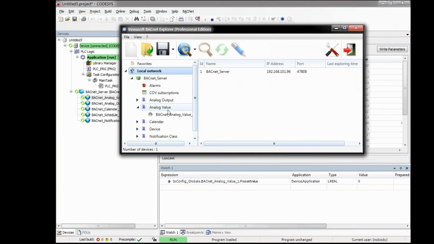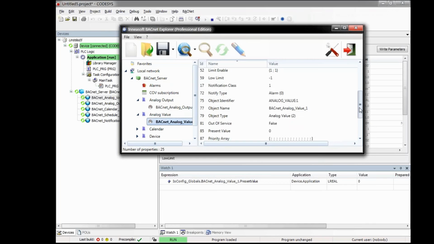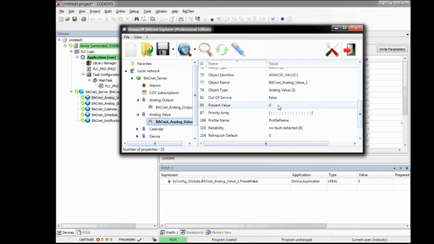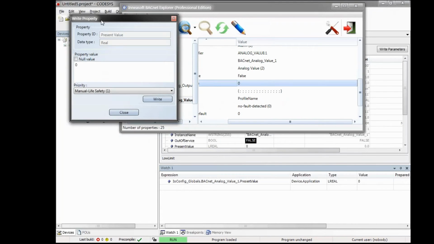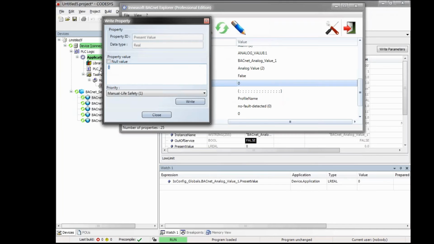So we go back to the analog value object and go back to the present value, which is 0 at the moment. So we write again a value, and now we want to write a value which is higher than the defined high limit. So for instance, we write a value of 2.